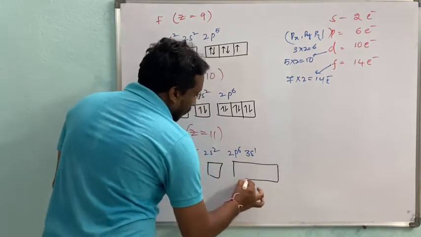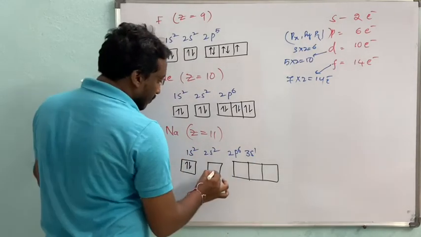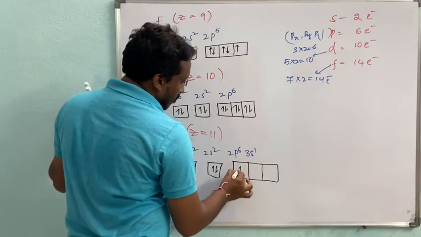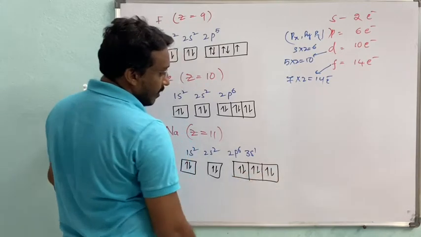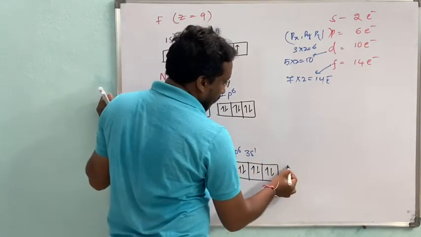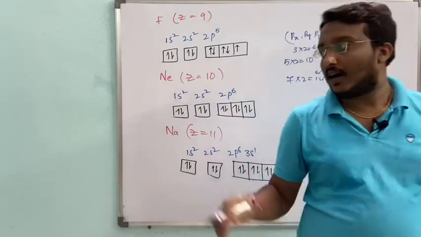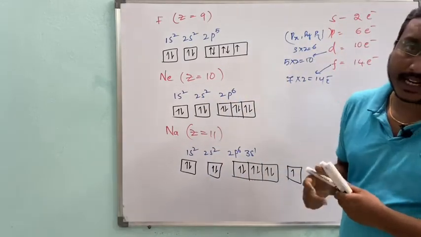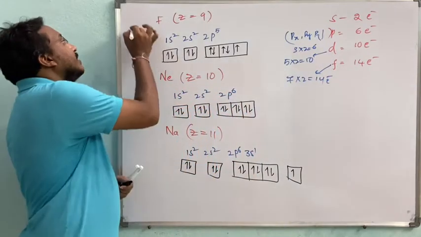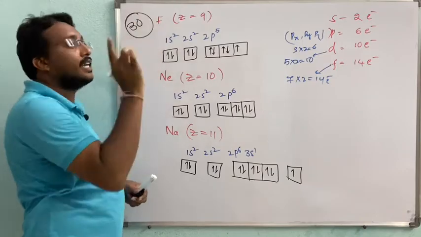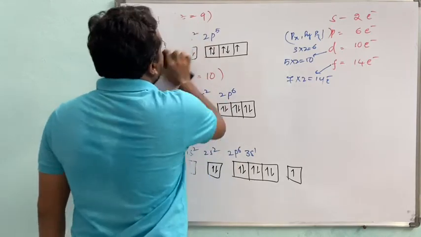Okay, next, first 1s2, 2s2, 2p6. First we have to fill all the degenerate orbitals with 1 electron, and after that pairing. Next we have 3s1, no? This is the way to practice writing the electronic configuration in 10th class standard. You have to be perfect in the first 30 elements, right? You may get the question from these first 30 elements.